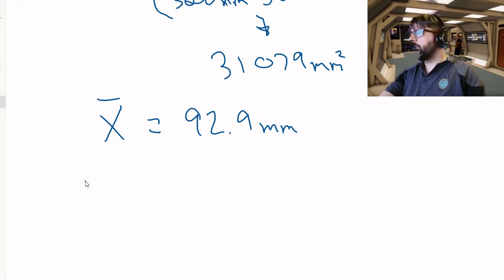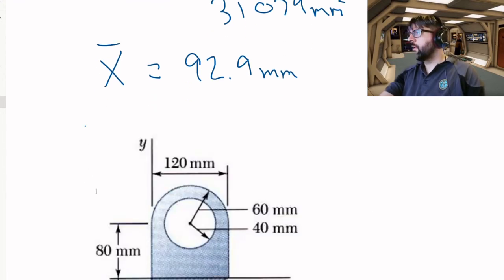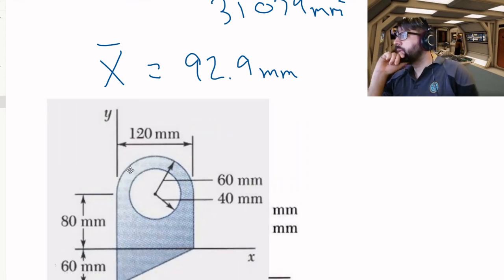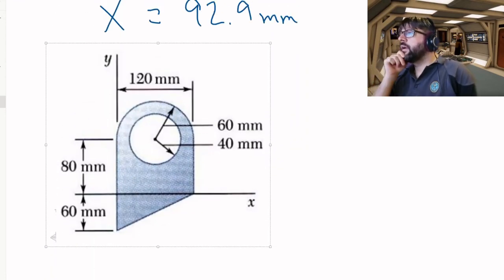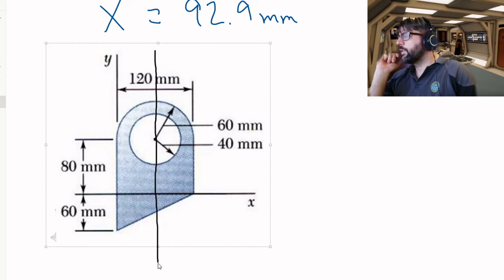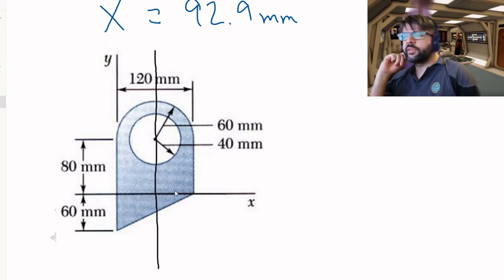So recopying the problem, essentially, if we were to find the coordinate system that we're measuring with, kind of straight down the middle here,